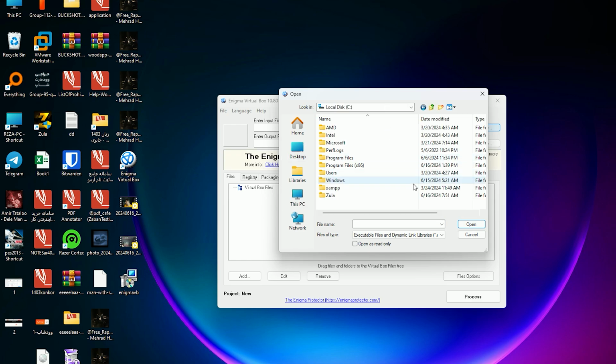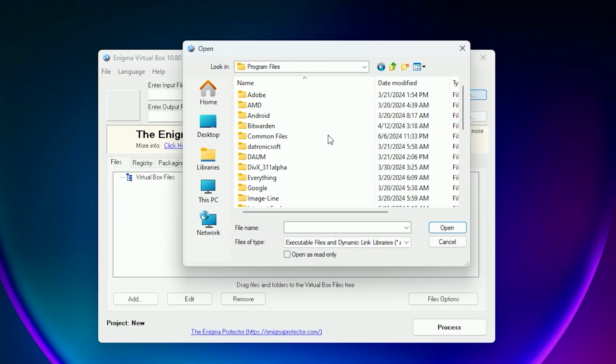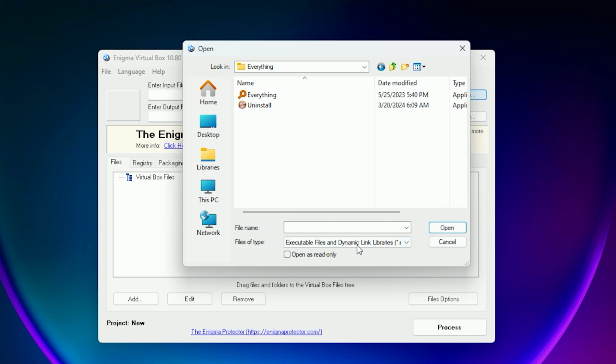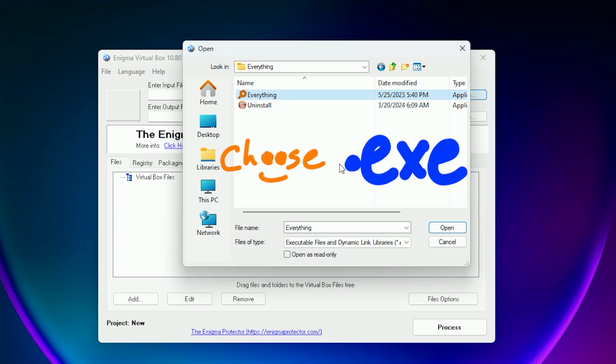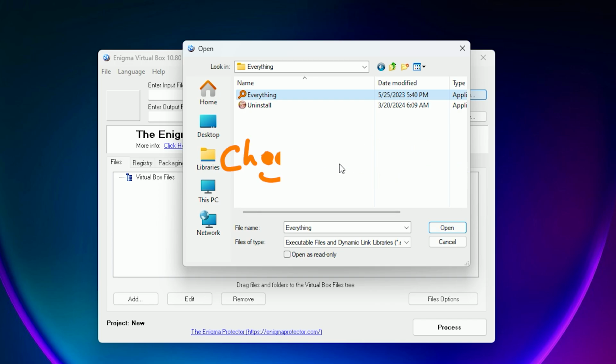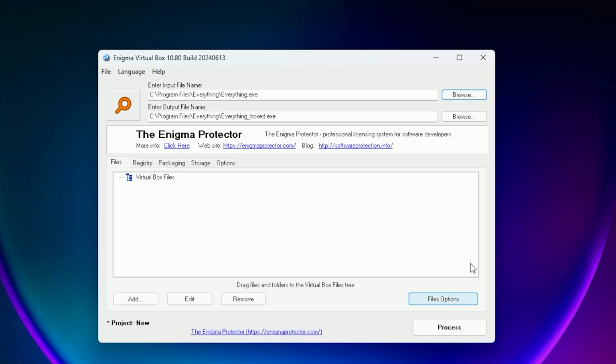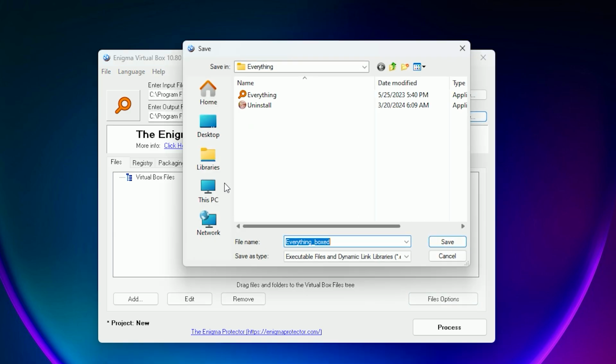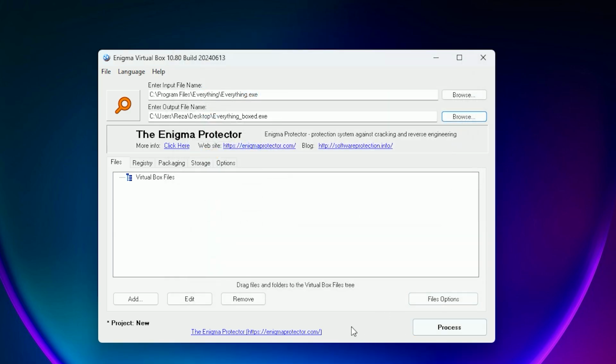Okay, the app is on the C drive, Program Files, in here, Everything. Okay, choose the .exe file and click on Open. For the output, I choose Desktop for the output of my file, and in here you need to press on